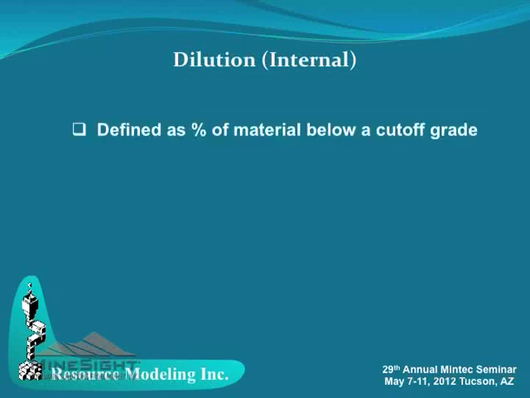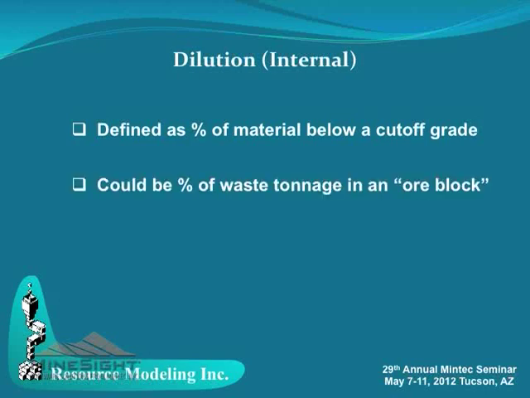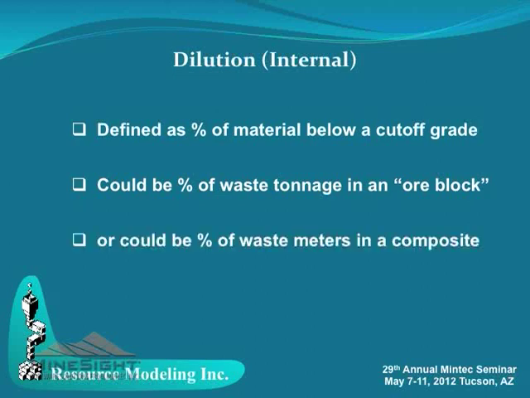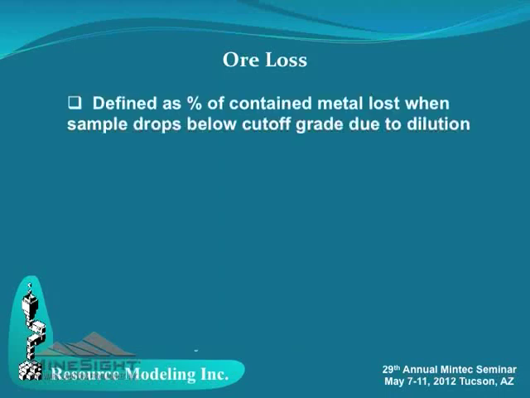So I'm defining dilution as the percentage of material below a cutoff grade, and that could be the amount of waste in an ore block, or the way I'm going to be using it here, the amount of waste meterage in a given composite. And ore loss I'm defining as the amount of contained metal that will be lost when that composite drops below a cutoff due to